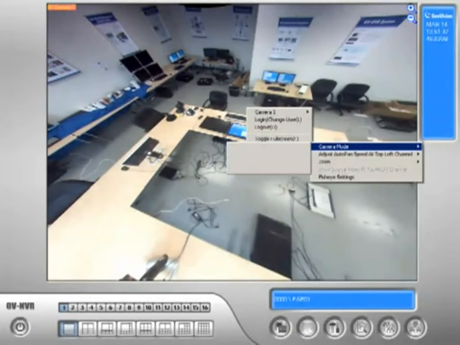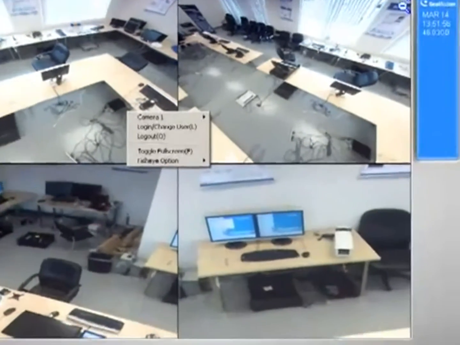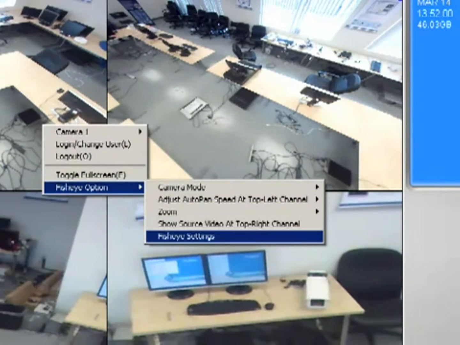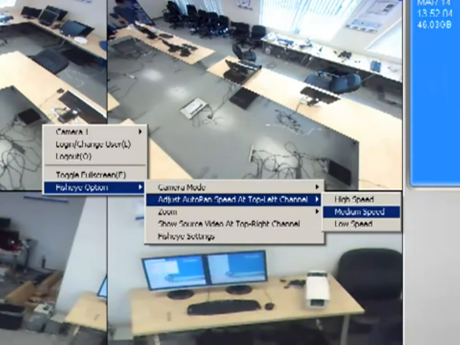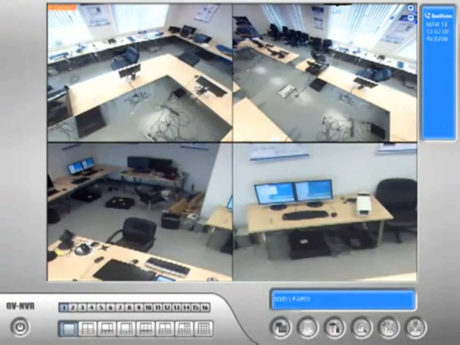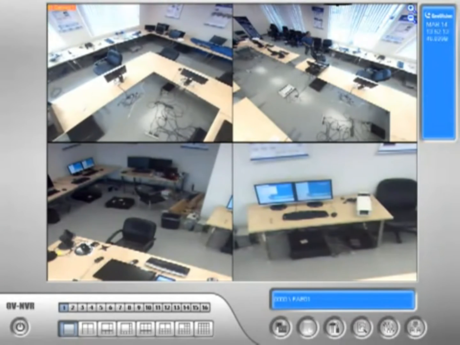So we can also, let's go back to the quad view. I want to show you something. See how these images are static right now? We can actually turn on the virtual PTZ function. So if we right click, we can choose to automatically scan. We can choose medium speed, and that'll automatically turn and scan the entire room for whatever I